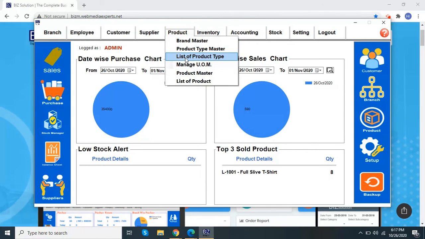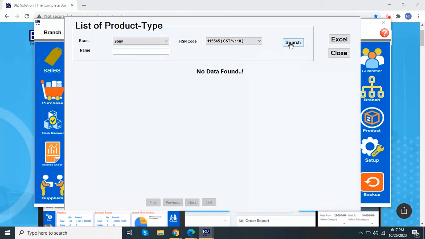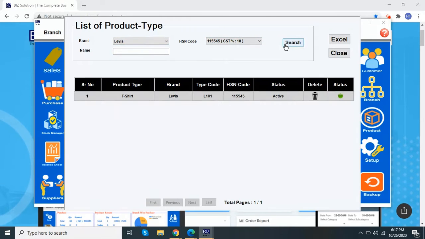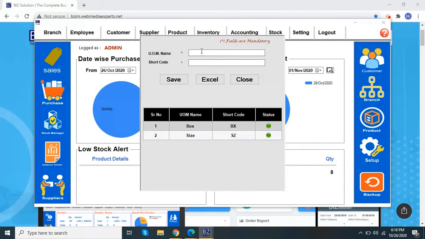In add product, you can add various type of products by selecting the brand name and its type and mention the product name. In UOM, the products of UOM can be selected along with its short code.